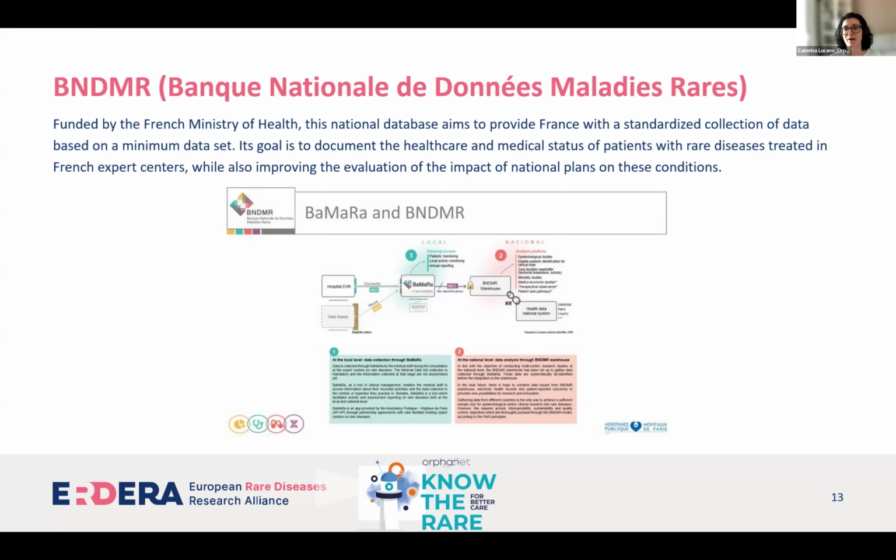It's the Banque Nationale des Données Maladies Rares in France. It's a national bank of rare disease data. It's funded by the French Ministry of Health. It has nothing to do with Orphanet. It's just that we really talk a lot with them, and they are the national French bank. That is the system that I know best. And basically, the BNDMR has released a system for patient codification that is called BAMARA. And I'll just talk a little bit about it while detailing the guidelines.